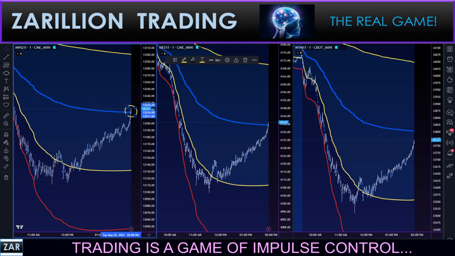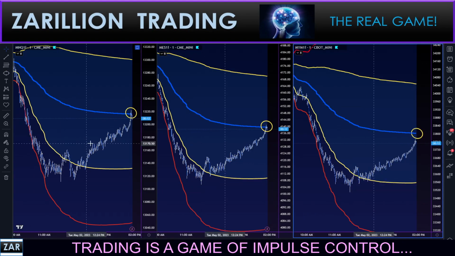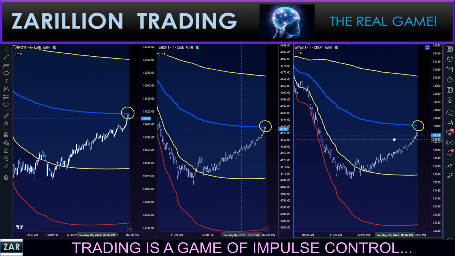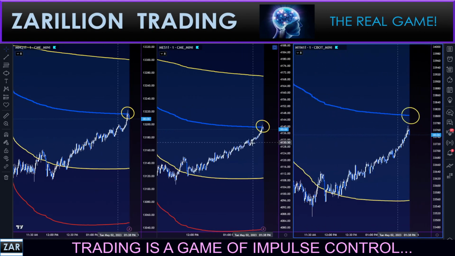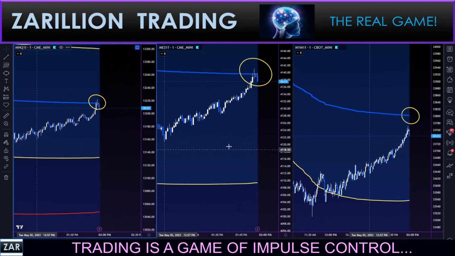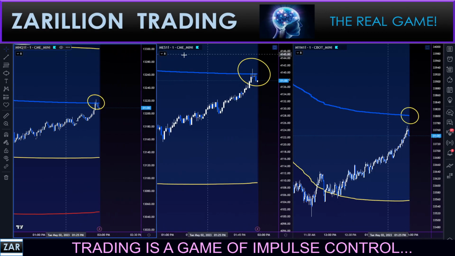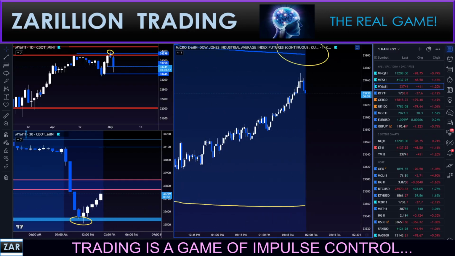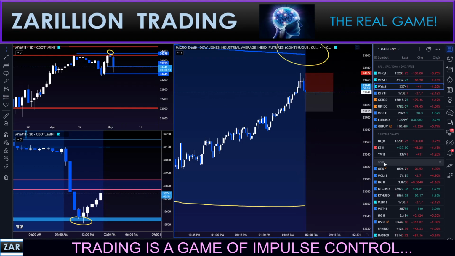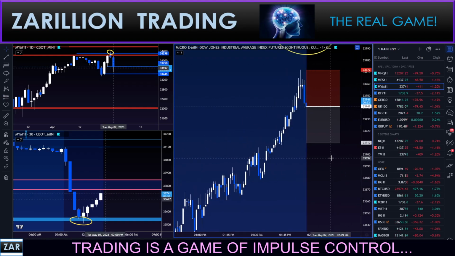Actually going to pause you guys, send this to my group. All right, guys, did we see it? All three sisters tapping VWAP, or pretty darn close in the case of the Dow, at the same time. This is meaningful. Here we go, guys. Going over back to the Dow, the weakest of the three. Here we go. And getting ready to short as we speak. Not yet. I'll tell you when.